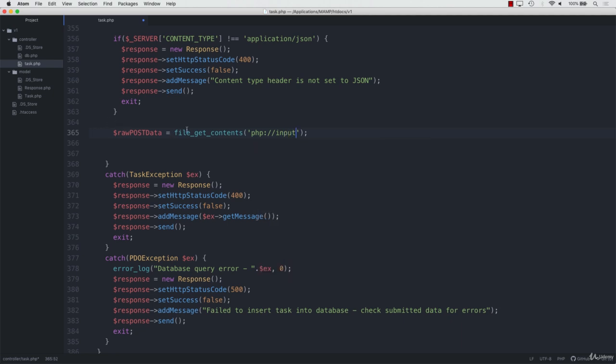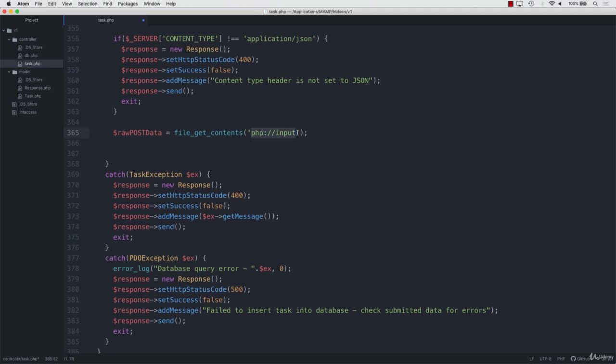So what we're doing here, ignore this variable at the moment, we're using the file get contents, which should read, so say we're dealing with a file, reads the contents of the file and stores it in a variable. But what we're doing here, instead of passing in a file path, we pass in this sort of input